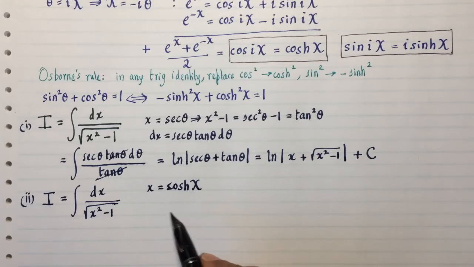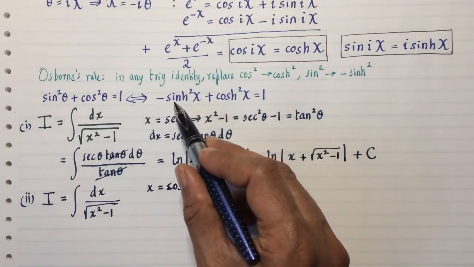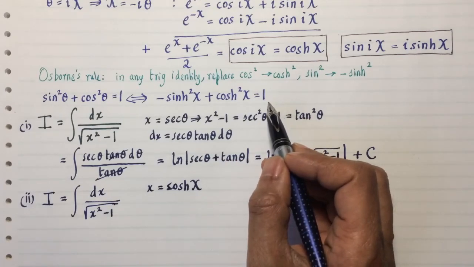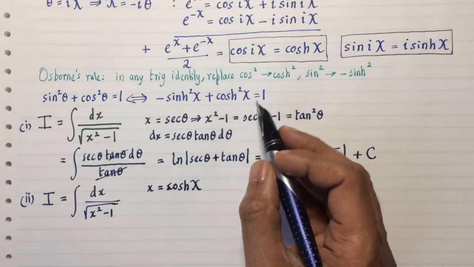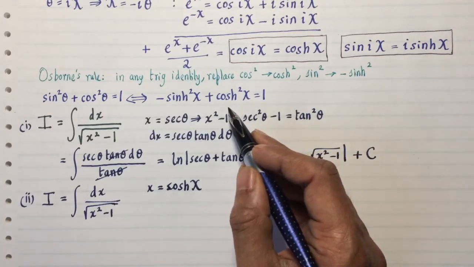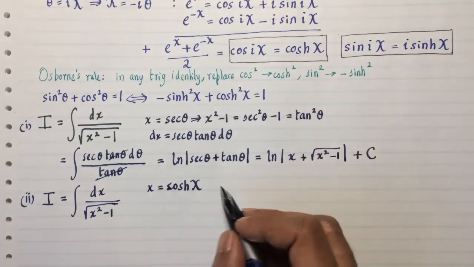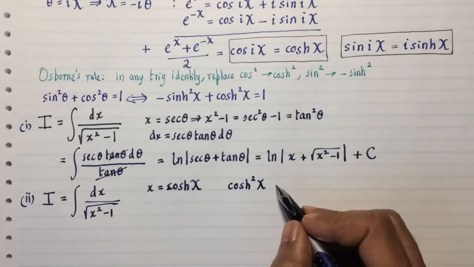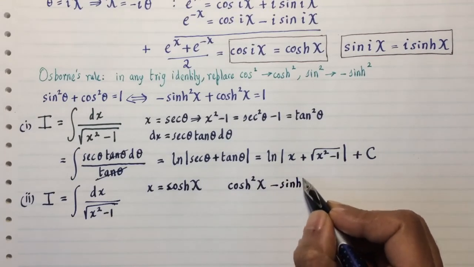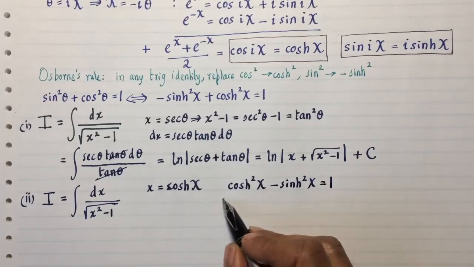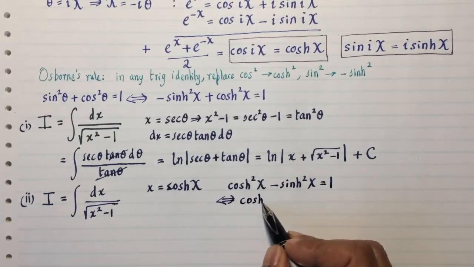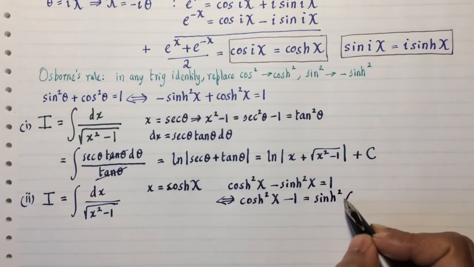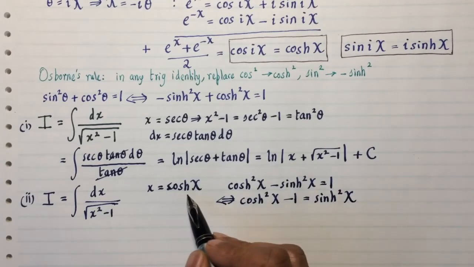The reason for that is I noticed that if negative sinh squared plus cosh squared equals 1, then I can write cosh squared minus 1 as sinh squared. Okay, so let me rewrite that. cosh squared chi minus sinh squared chi equals 1 is the same as saying cosh squared chi minus 1 is equal to sinh squared chi. Now if x is equal to cosh chi